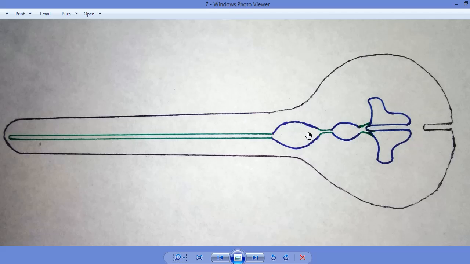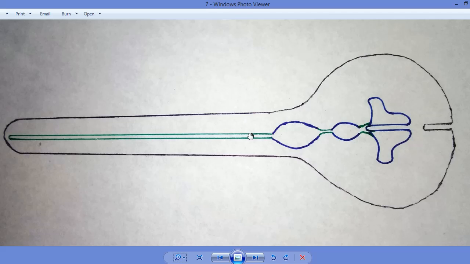This portion of the fourth ventricle exists in the dorsal part of the brain stem, and below the brain stem,